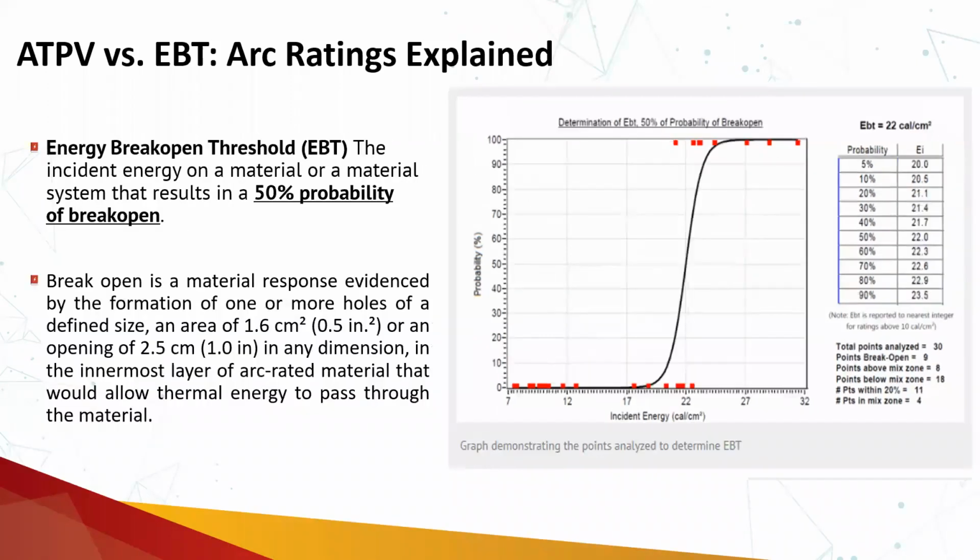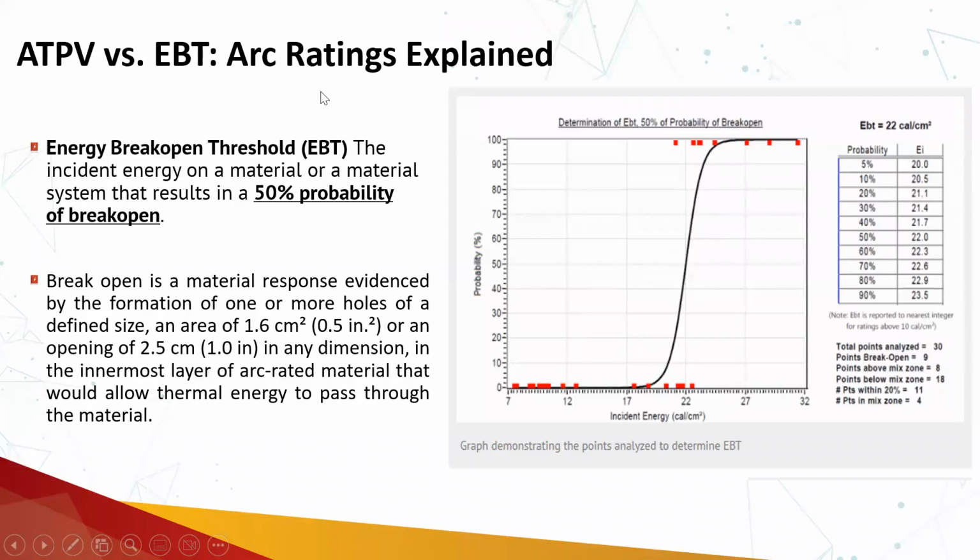Then on the same piece of specimen, they increased the incident energy from 9.9 to 12, then to 15, then to 20, then to 22. At 22 cals per centimeter square, 50% of the time enough heat was transferred through the specimen, and the other 50% of the time it was not. When they increased the incident energy to 23.5, around 90% of the time the